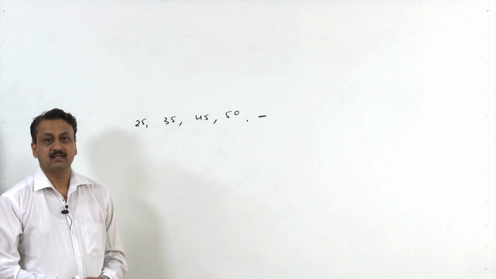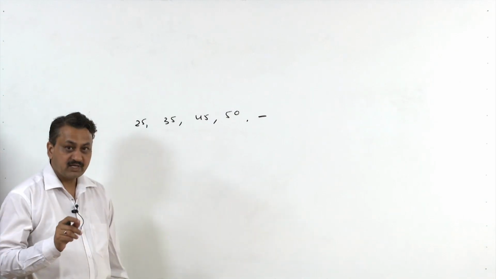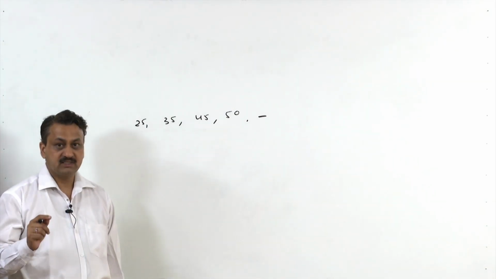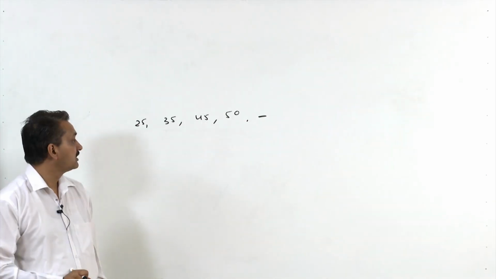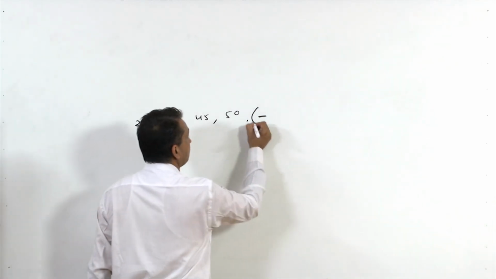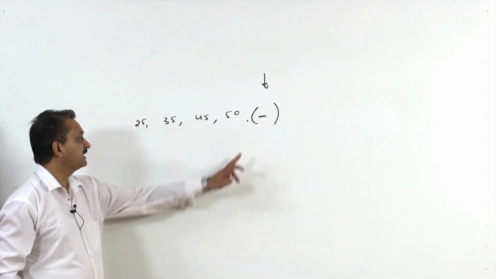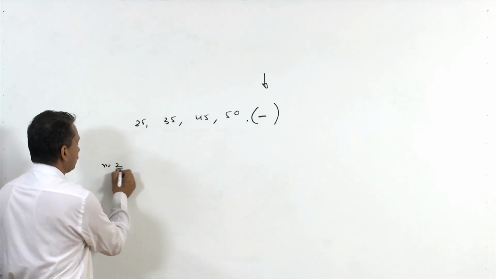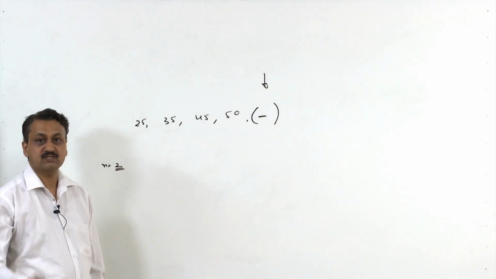But moving average method can be 2 periods moving average, 3 periods moving average, 4 periods moving average, and so on. So, if I want to know the forecast of the 5th period by 2 periods moving average method,